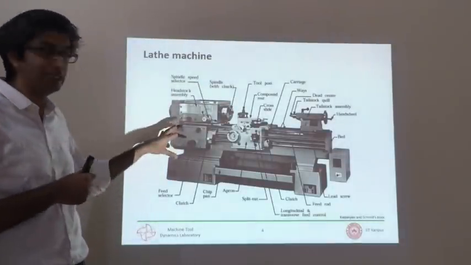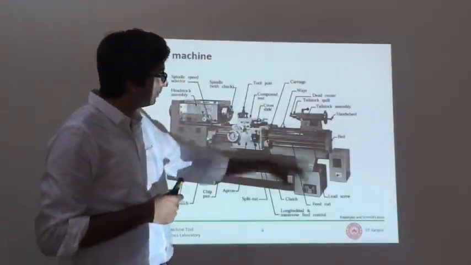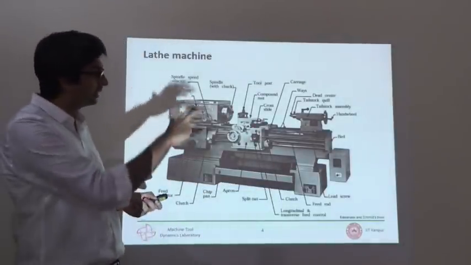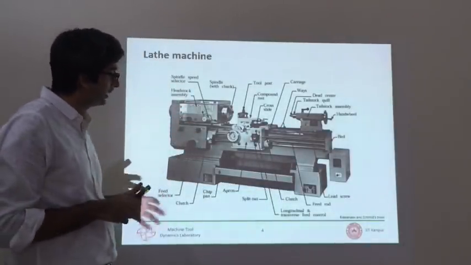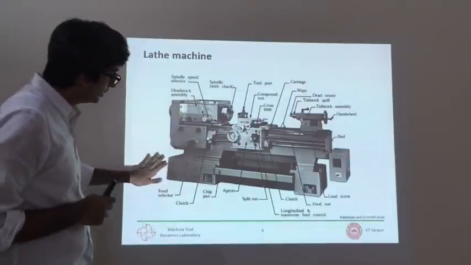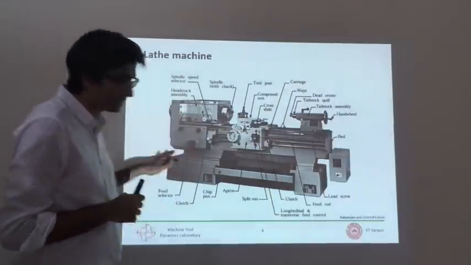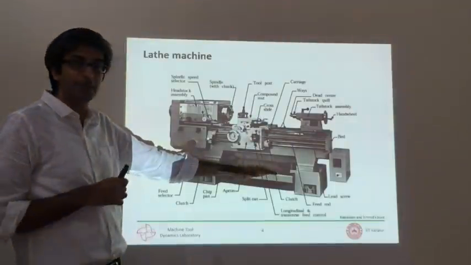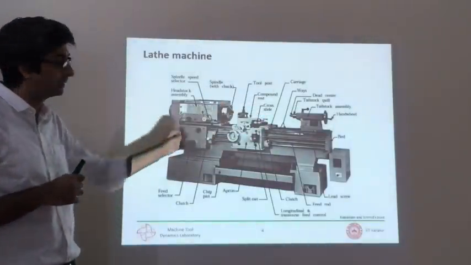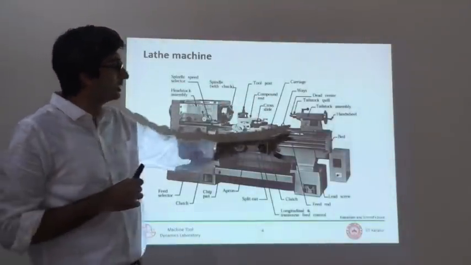So that is what this machine does. Its components, like I said, look intimidating, but I will talk you through each of them. The main part of this machine is what is called the bed or the base. That is at the bottom, and everything else is supported on that base. There are three distinct regions I want to talk about.